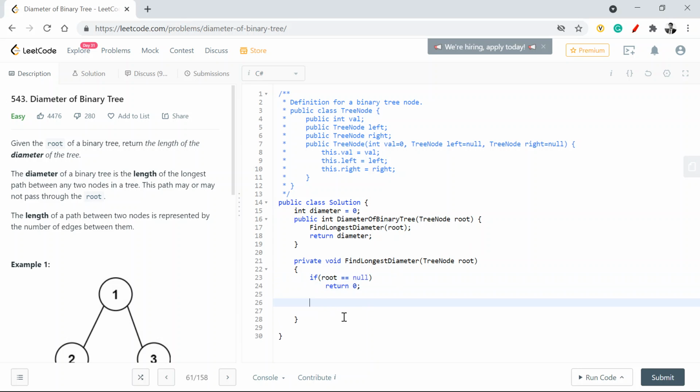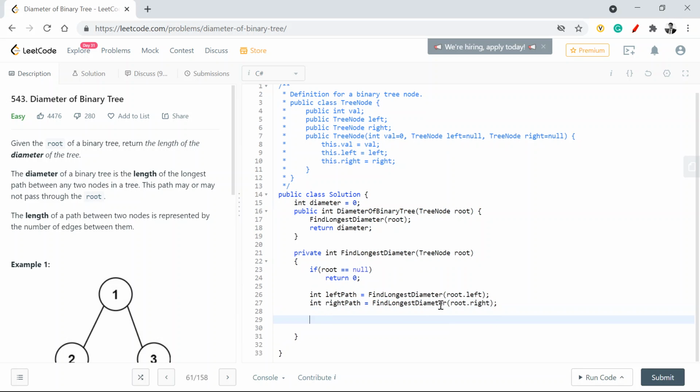Since it will return me an index, let me make the return type int. So int left path is equal to find longest diameter root dot left, and similarly int right path is equal to root dot right. This will go towards the left and find all the child nodes, the left and the right nodes.